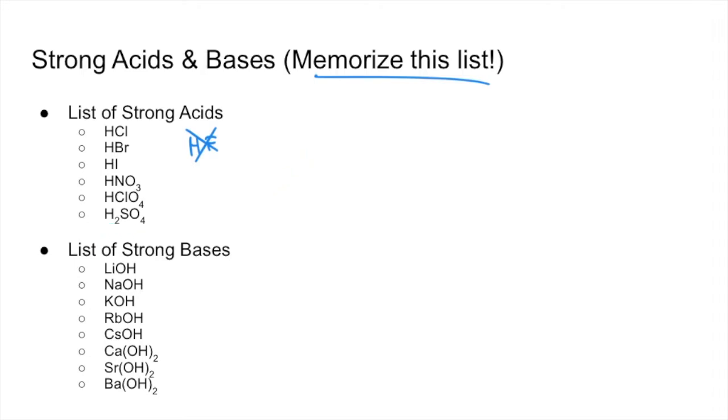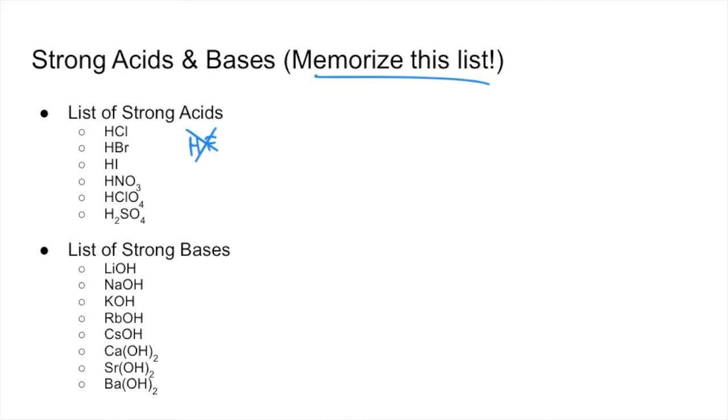Now, there are more than the list that's on here. There exist more strong acids than simply these, but those are the ones that we are going to ask you to know. And then strong bases: lithium hydroxide, sodium hydroxide, potassium hydroxide, rubidium hydroxide, cesium hydroxide, calcium hydroxide, strontium hydroxide, and